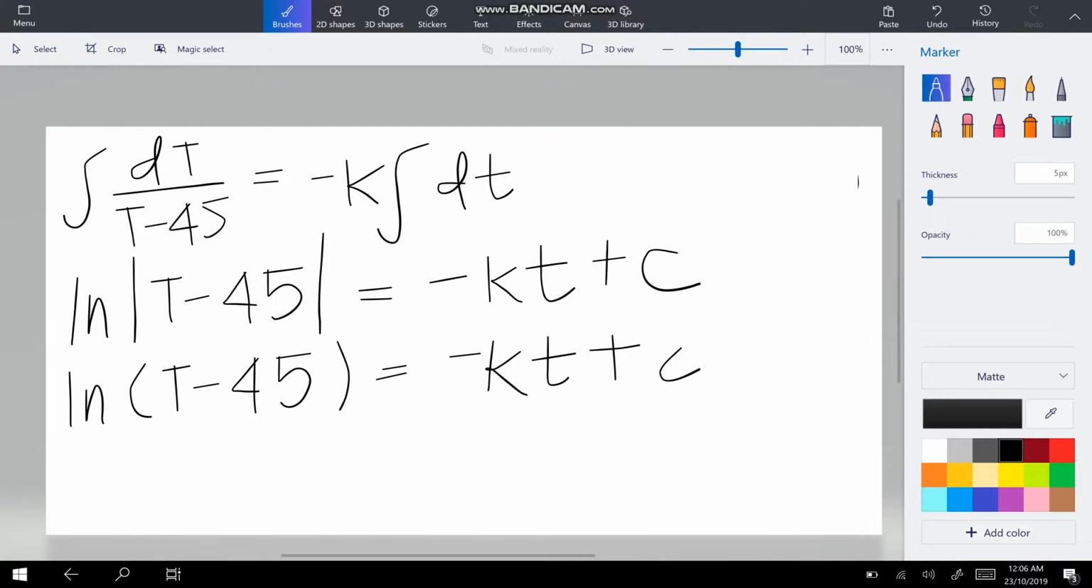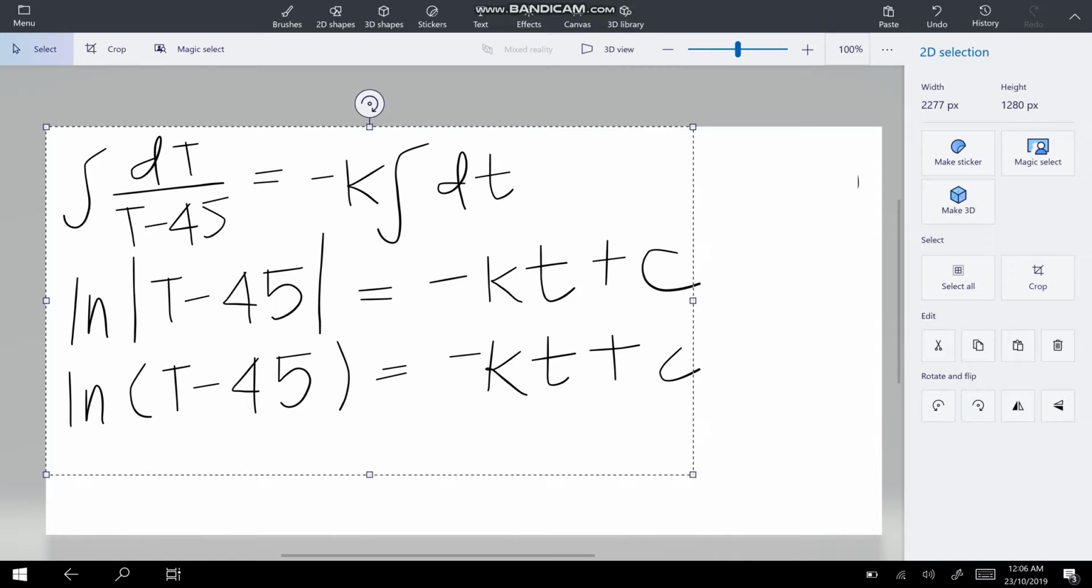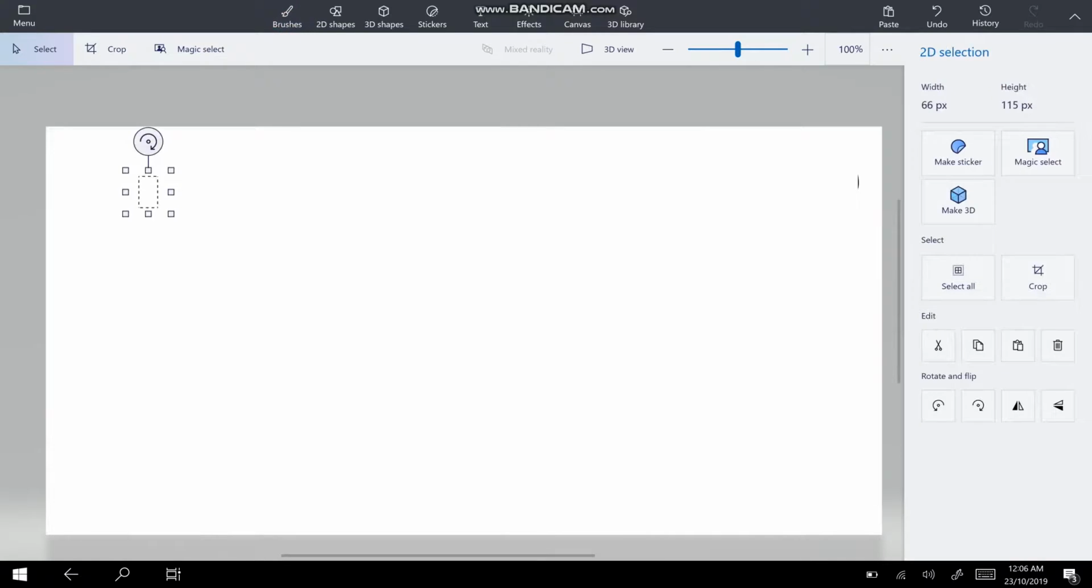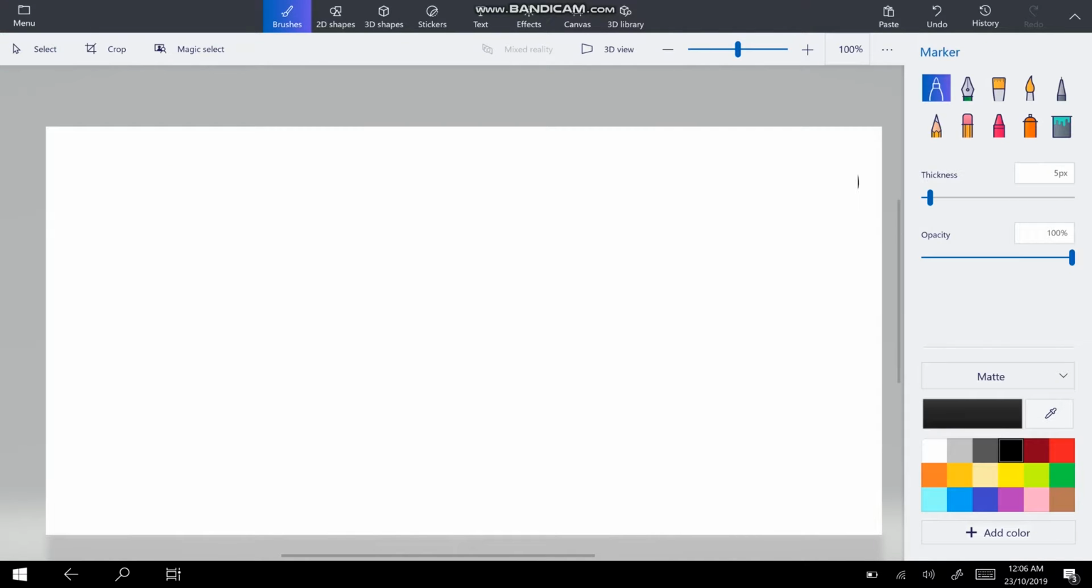And on the right side, we have negative kt, and we have plus C on both sides. But as usual, we bring the constant from this side over here, so we only need the constant on this side. Now, for our situation, capital T is always greater than 45 degrees, so we don't need the absolute value signs. So we just have the natural ln of capital T minus 45 equals negative kt